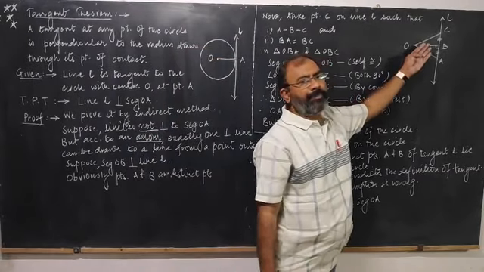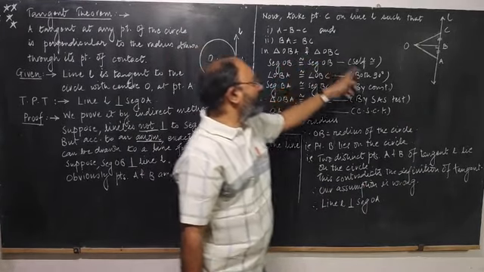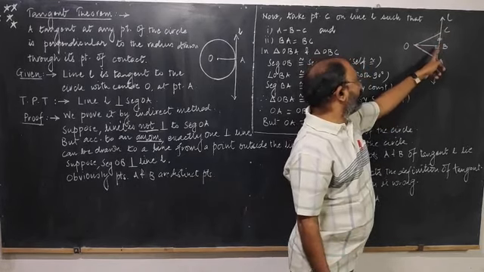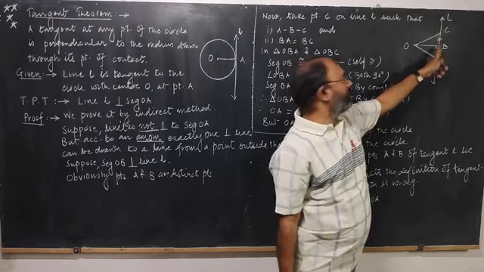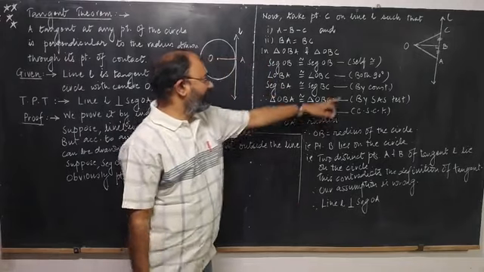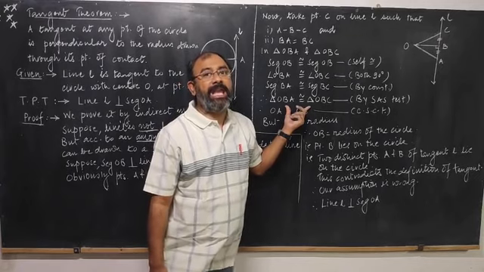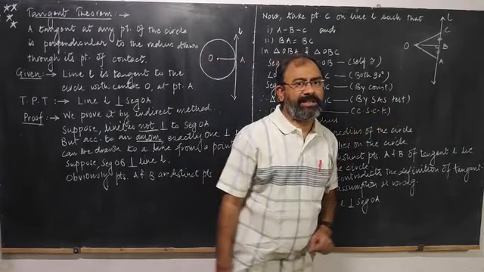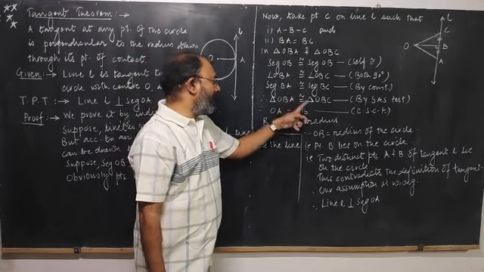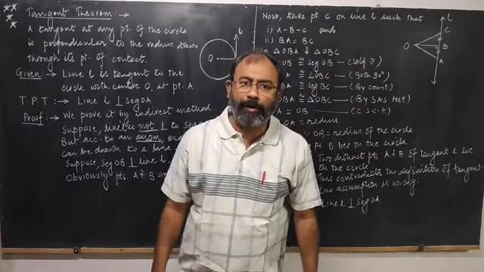And very clearly we get two triangles. They are congruent by SAS. In triangles OBA and OBC, segment OB is congruent to itself. This angle is the right angle and this also is the right angle. Segment BA is congruent to BC, that is by construction we have written. Therefore, these two triangles are congruent by SAS test. Now that both triangles are congruent, obviously what will happen? Distance OA will be equal to OC. OA will be congruent to OC, corresponding sides of congruent triangles.